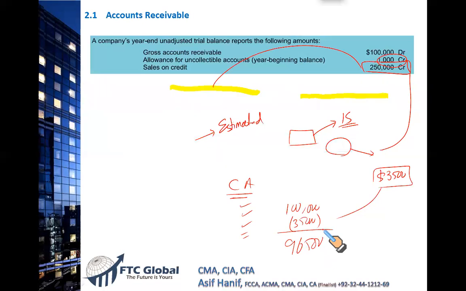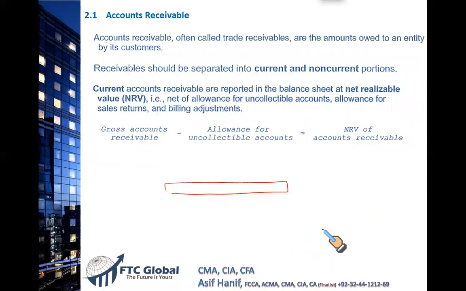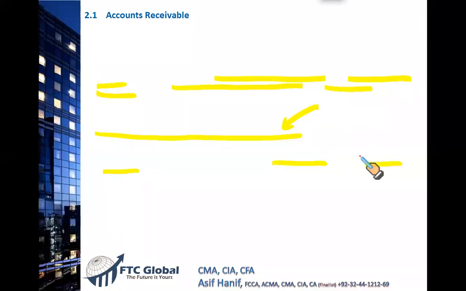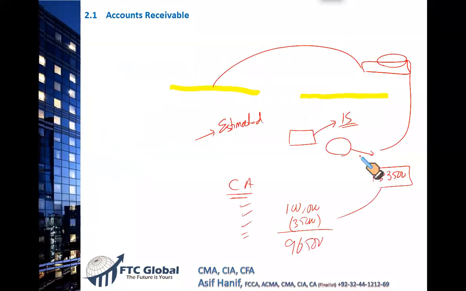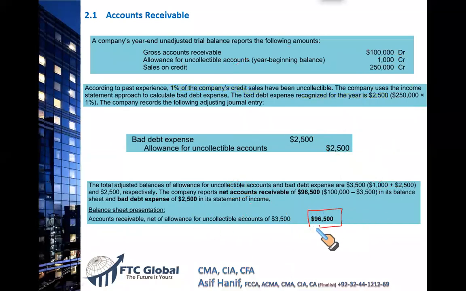That is exactly what we were doing at this very start of this class here, that your gross receivables are $100,000. Allowance had a previous balance of 1,000. We created a provision or allowance for 2,500 additional. Now we have 3,500. The net realizable value of your account receivable is 96,500. And that's what you report as an NRV on your current assets. And here it is, right? So you write this as 96,500. This is the NRV of your account receivable.